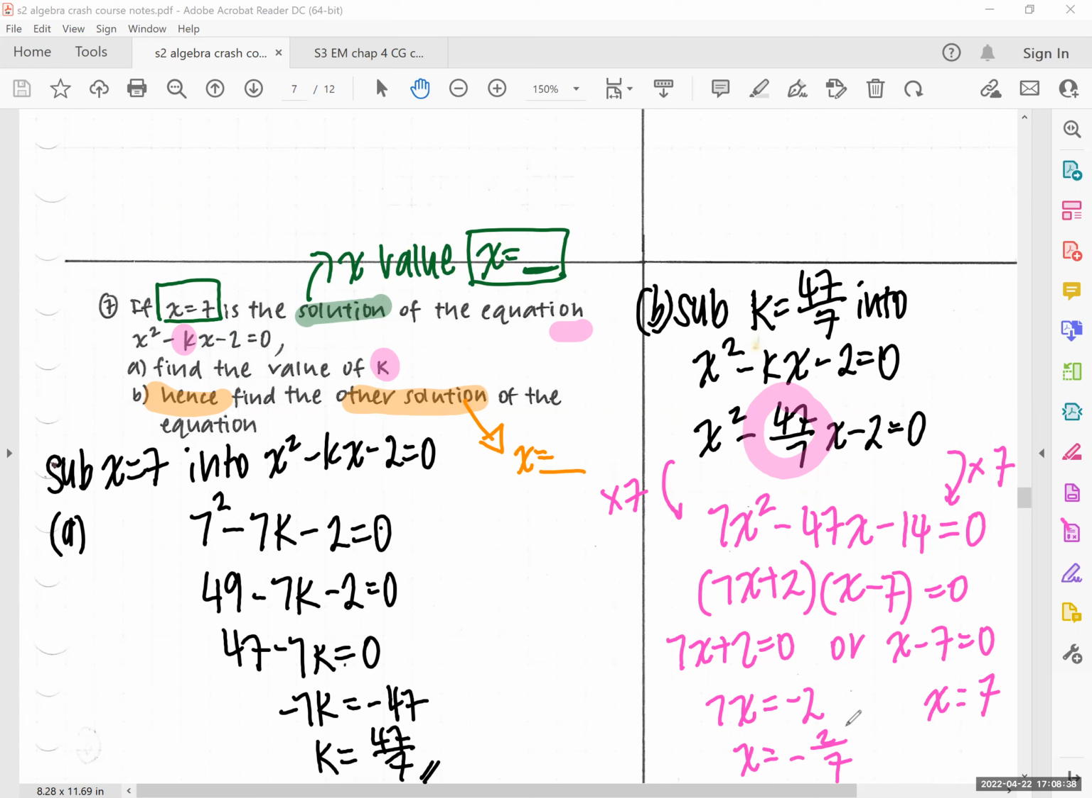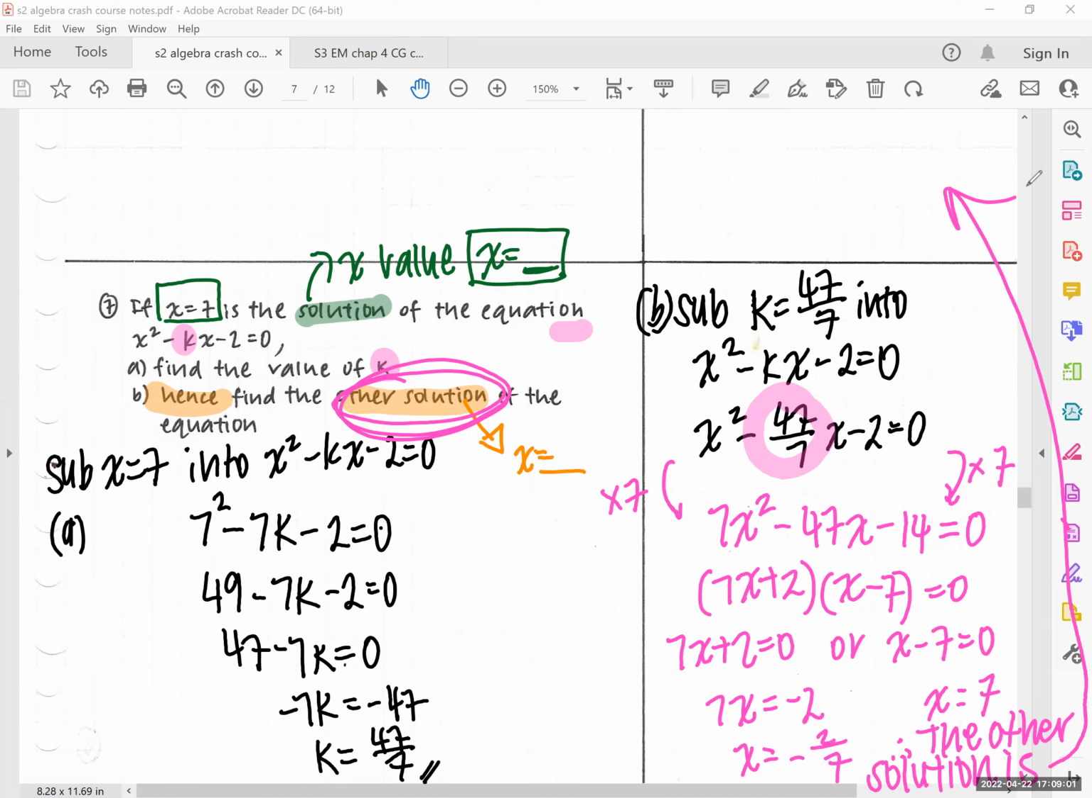So read back the question again for B. What are they asking for? The keyword is other solution. So what is the other solution? Therefore, I can say that the other solution is... You must put a symbol called therefore. This is therefore. So therefore, the other solution is